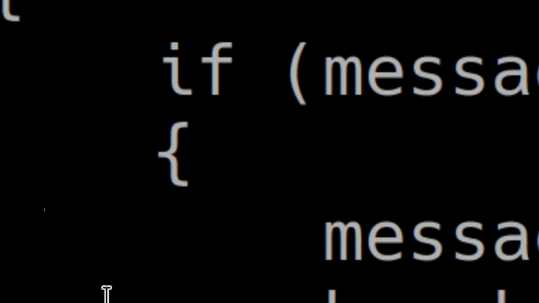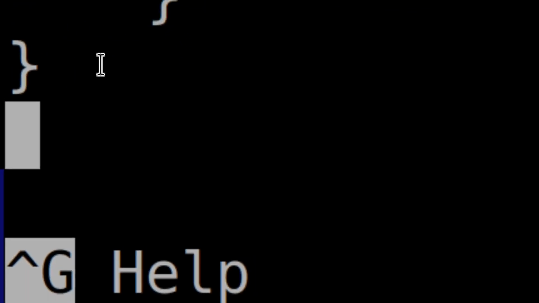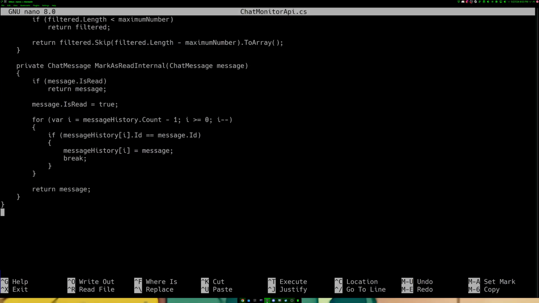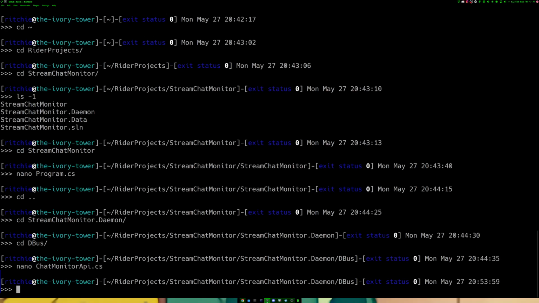Anyway, once I reach the message in the list that matches the same ID, I overwrite that in the array, or in the list, and then I break. And I just return the newly marked as read message. And it's really simple. This is the bulk of what's going on. All the rest of the stuff is just facilitating dbus and connecting to Google's API, and you don't need to see that stuff. The important part is in that chat monitor API, and what that lets me do is